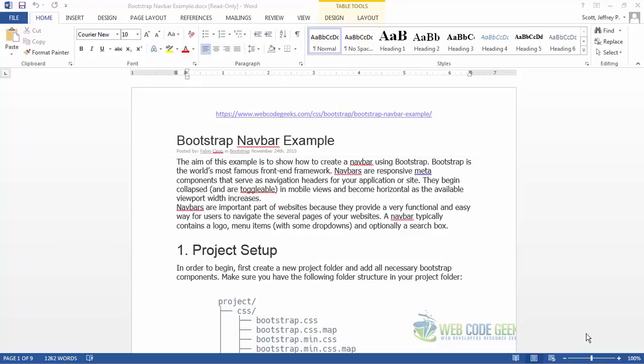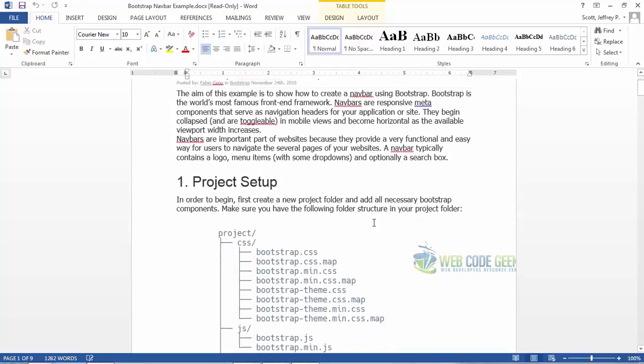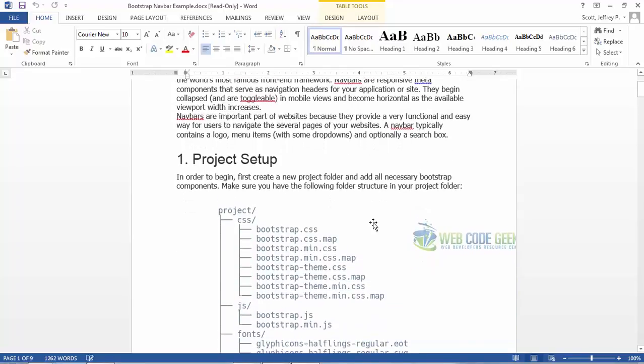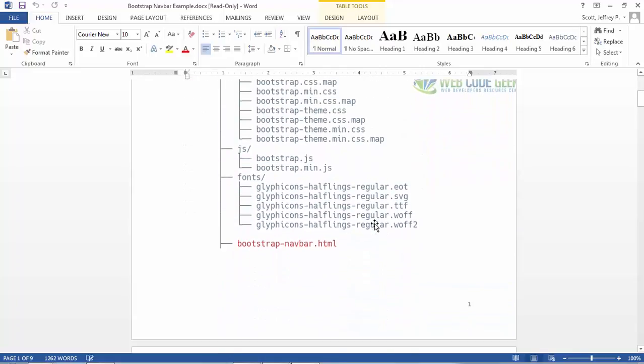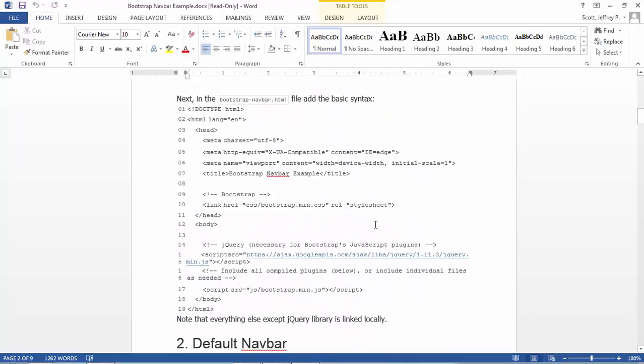Navbars are important because they provide a functional and easy way for users to navigate different pages in your site. Typically, a navbar will contain a menu, a logo, menu items, and an optional search box. So the one I'm going to do next, if you cared, is the